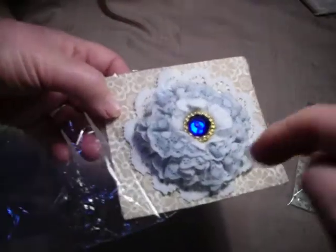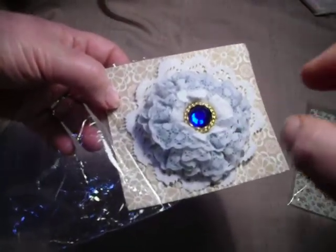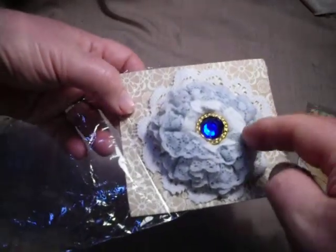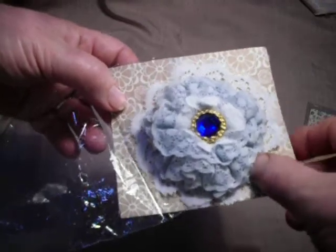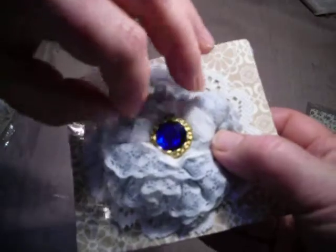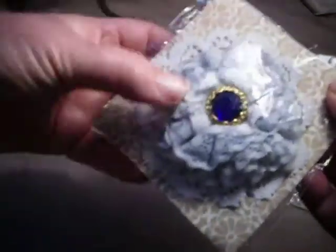This one was also following a tutorial. I can't remember if this tutorial came from Fiona Jennings or somebody else, where, using gathered lace, you just wind it round and round your piece of felt. And it's pretty tricky, actually. I mean, really, it's messy. You get glue everywhere. And that's got a little white doily top behind it and a nice blue bling centre,